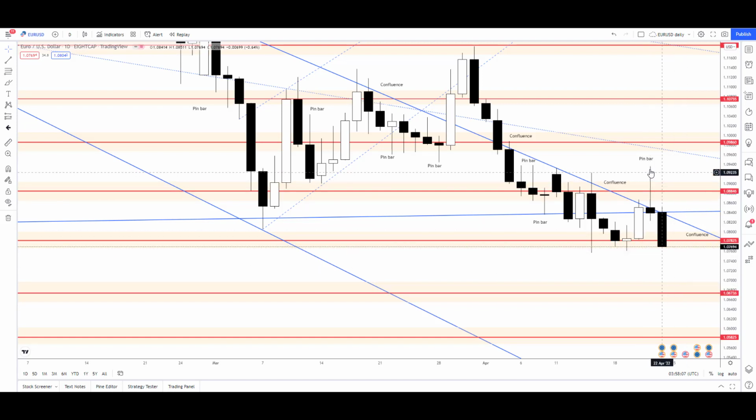If you entered with this bearish pin bar, which was mentioned in the email newsletter, the exit level is around 1.07300 as the next target. The first target was here, 1.07825. The next support level for the price is